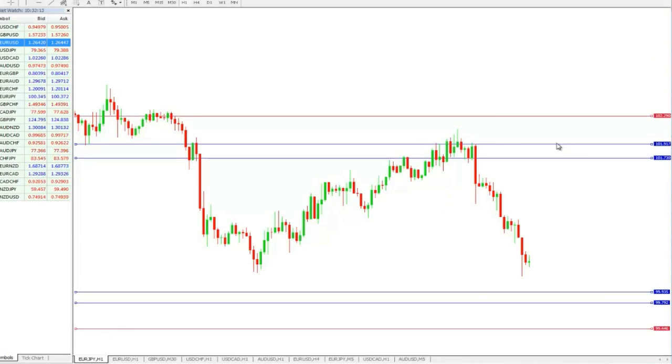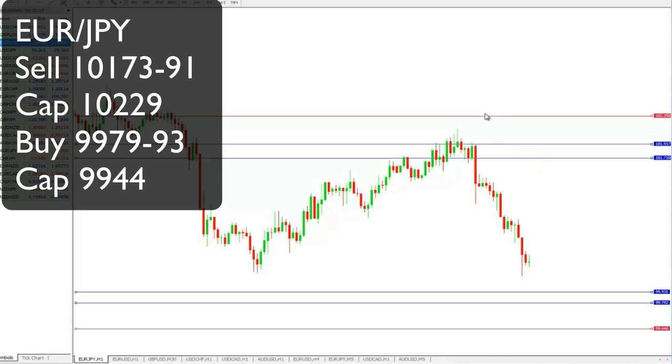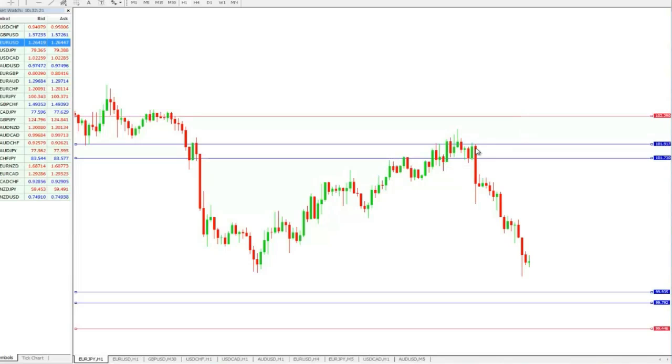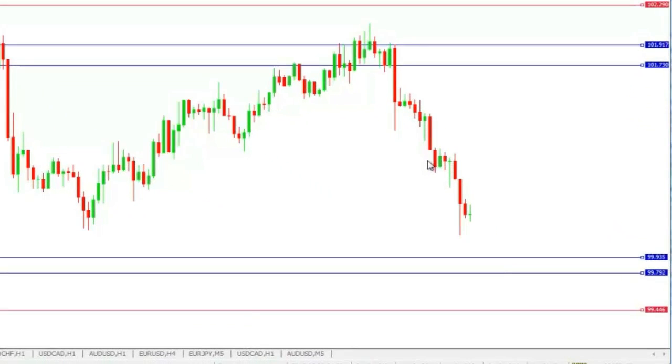Euro yen's the first one. Here's the levels: 101, 73, 91 with a cap. Kind of overshot a little bit, but on a swing trade, I don't really pay much attention. I pay attention to the cap, as our stop is above or below the cap. So we can see at this point, we're right here